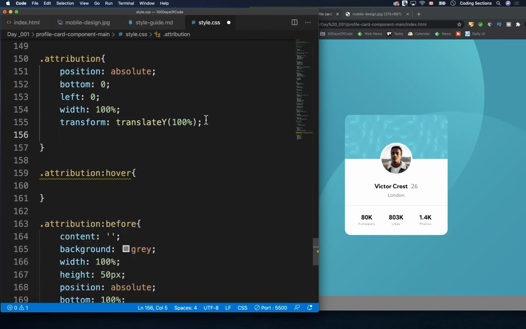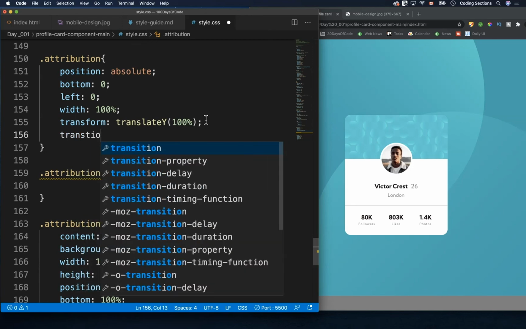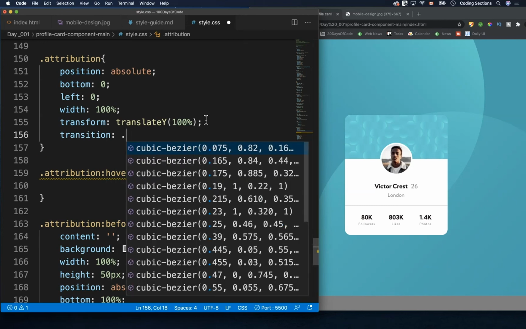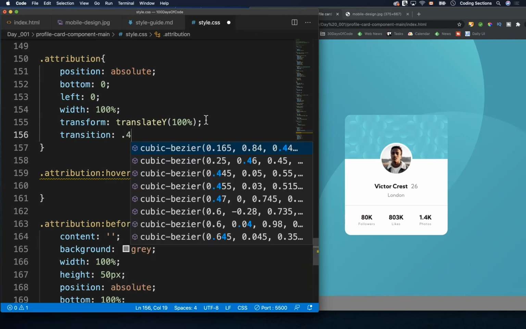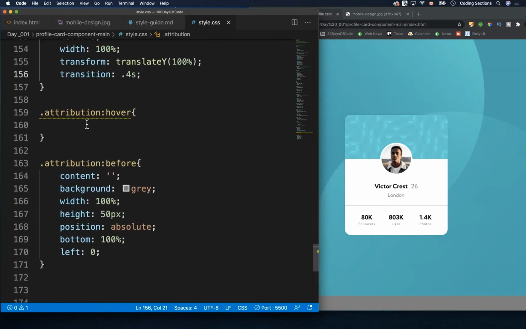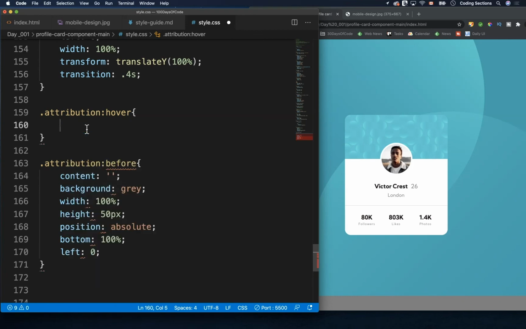And I want it with a little, how do we call it? I forgot the name right now. Jesus. I completely forgot the name of the property. Transition. Thank you. Yes. The transition of 0.5 seconds. Don't want it to take long. Then once you hover it, this element is going to go to transform, of course,